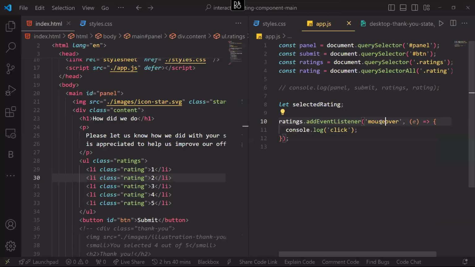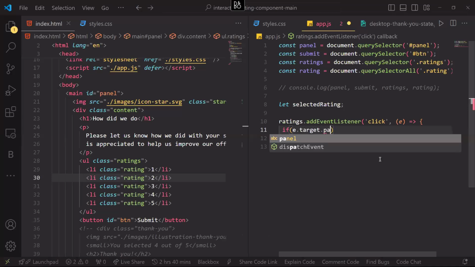You have the click. Click is one of the most used ones. Click or submit. For this one, we're going to use click because we want to listen to when the user clicks on that particular URL. So now that we confirm that this is working, what do we need to do next? Now, this is extremely important. We have to check. Because we are using the events here, we can say if